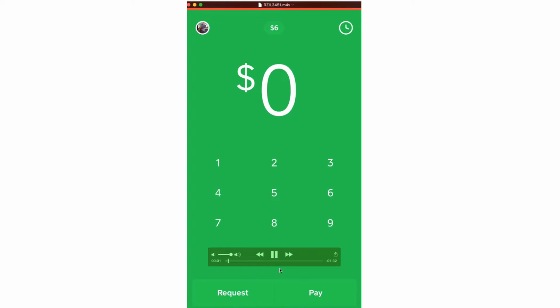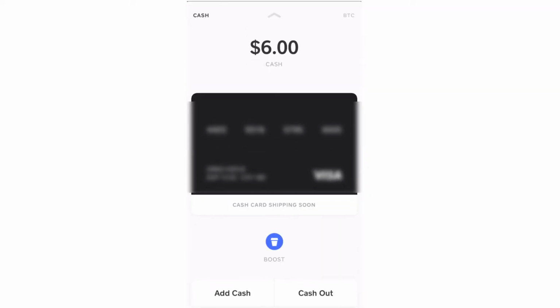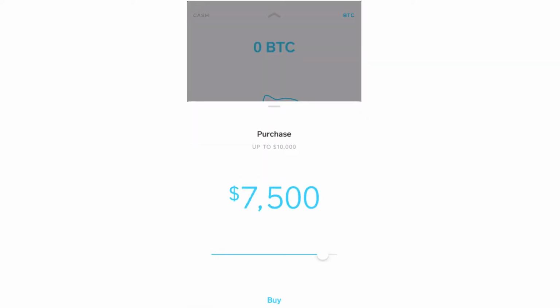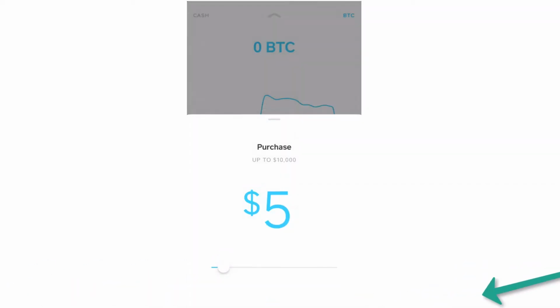Okay, so you just open the app. You have a screen like so. Now, I only have a balance of $6 in here, but I'm going to go to the Bitcoin screen. And you can purchase up to $10,000 with this app, but in increments of $5. I'm only going to do 5. So there we go. I just hit the buy button, do my Touch ID on my iPhone, get a confirmation screen like so,